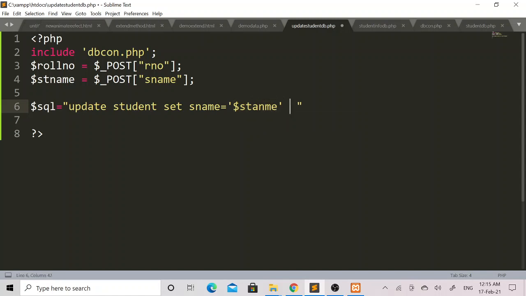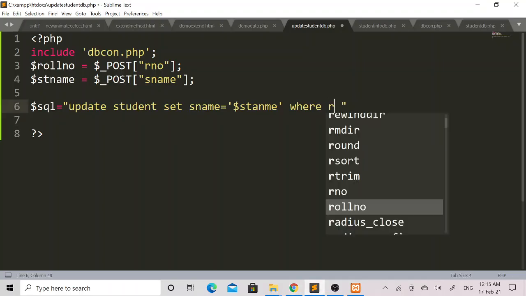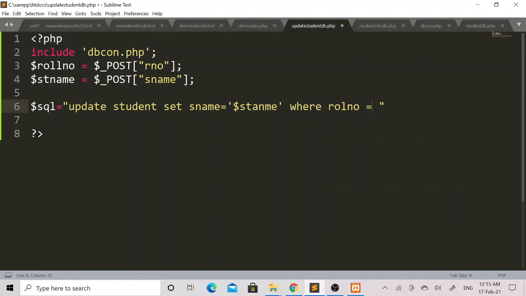Then later on I will add the where clause, where I have given the name ROLNO to the roll number column in the student table. So here I will mention where ROLNO equal to $rollno, that is the roll number variable. Then after the double quote I will add a semicolon.